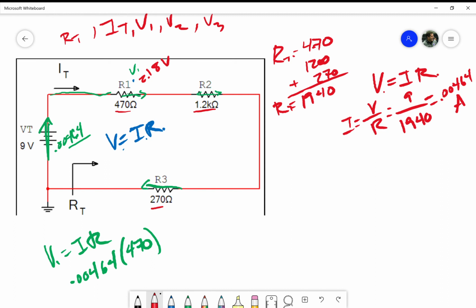Okay, I do the next one, and that's going to be my 0.00464 times my 1.2 or 1200 ohms. All right, multiply that out, and I get 5.568, which you could round up to 5.57. All right, finally, I have 0.00464 times 270, and I get